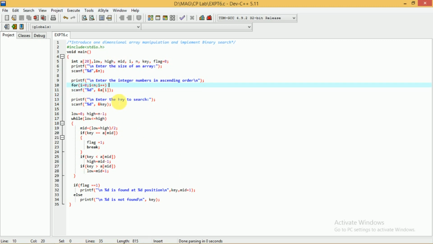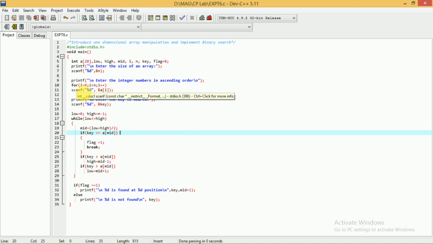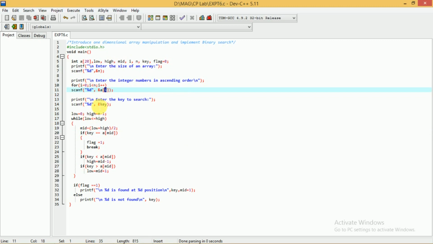That's why we use indexing to read the elements: the first element is stored at a[0], the second at a[1], the third at a[2], the fourth at a[3], the fifth at a[4], and so on. Instead of writing this each time, in general we write scanf("%d", &a[i]), with i here.